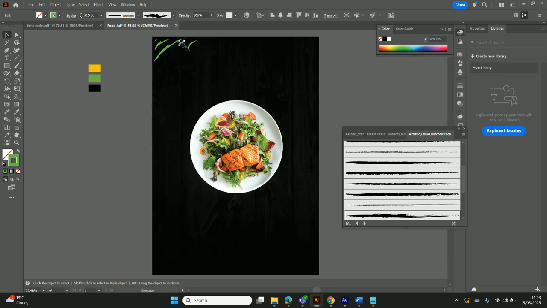And adjust all the elements according to your design, like which type of design you want. This is my top corner. Now I need some designs in my bottom corner. Again, select the pen, create some designs like this. Make a minor curve, press the escape so you get rid of this extra pen tool, and then press this